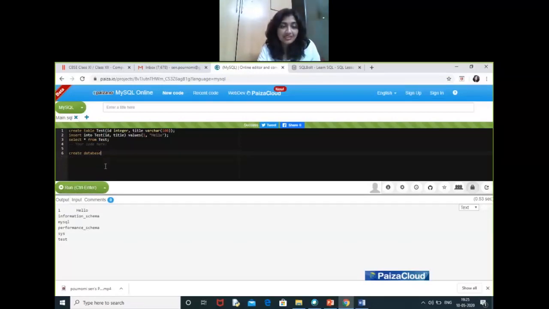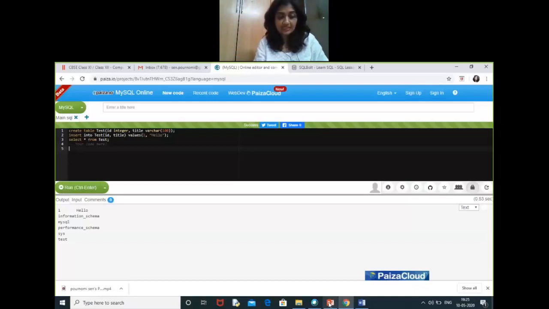After creating and removing a database, now we'll be creating a table. How to create a table? First, let's see the PPT once again. Here, for creating a table, the syntax is create table, table name, then col1, that is the first attribute, col1 space data type space size, col2 space data type space size, col3 data type size. Like this we'll be creating the table. Here col1, col2, col3 are the attributes of the table. So we'll just do it here.